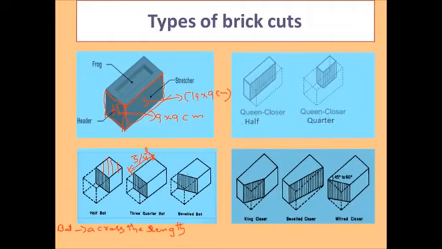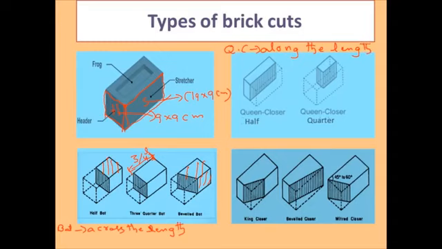Then if at one face you cut at the center, and at another face you cut at 3/4 of the length, then the portion of the brick is called a beveled bat. Whatever this remaining portion is, that is called a beveled bat. Then the next one is the queen closer. In case of the bat we made the cut across the length, and in case of queen closer we have to make the cut along the length.